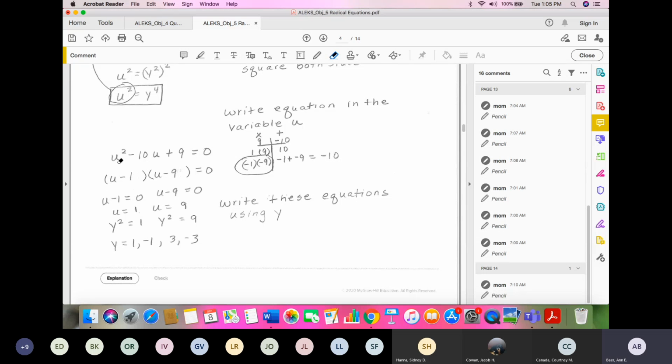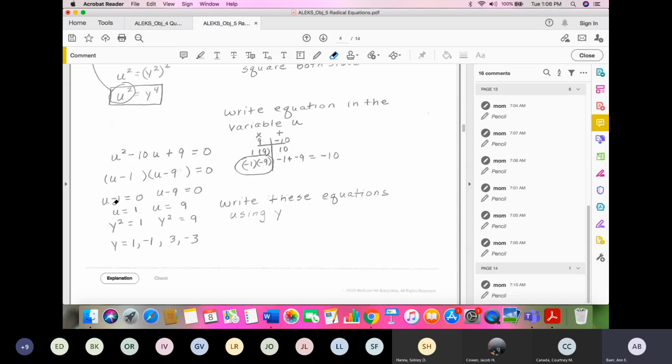So by FOIL, what's in these first two spots has to multiply to give us this. So u times u gives us u squared. So we have no choice but to break this down and use u here and u here. And then we take our minus 1 and put it in here. And then we take our minus 9 and put it in here and copy over equals 0. Then we set each factor equal to 0. And there's an understood multiplication sign here. U minus 1 equals 0, u minus 9 equals 0, and solve for u.